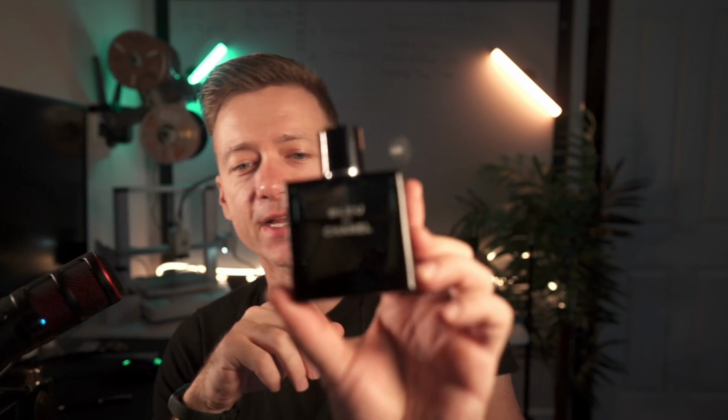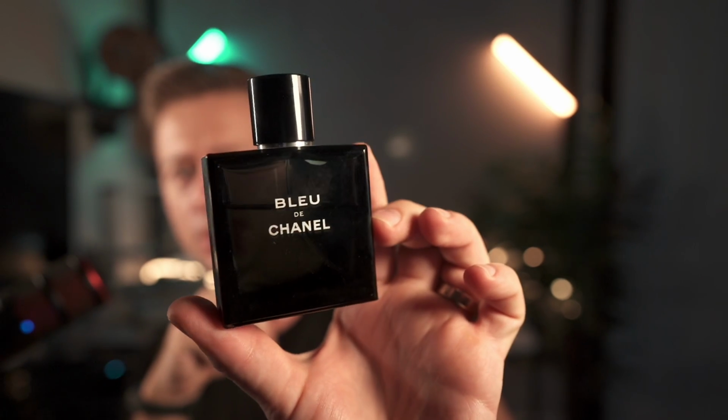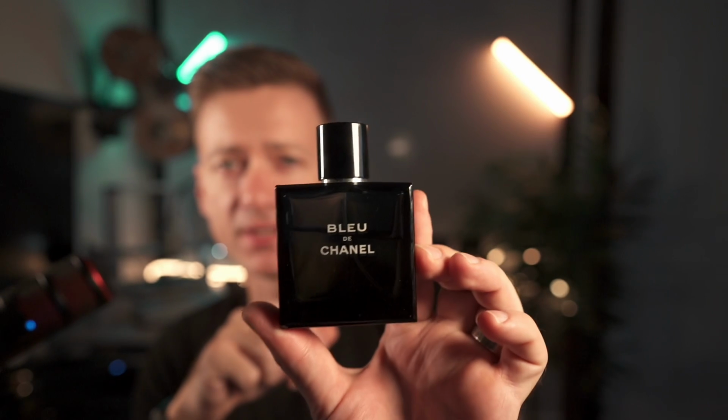So that's number one. Number two, occasions and wearability. Where can you wear this? Where does it make sense to actually wear this very well-known scent? This fragrance is definitely versatile. It is suitable for a lot of occasions. It's sophisticated,